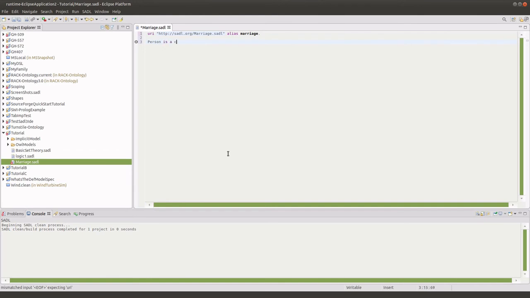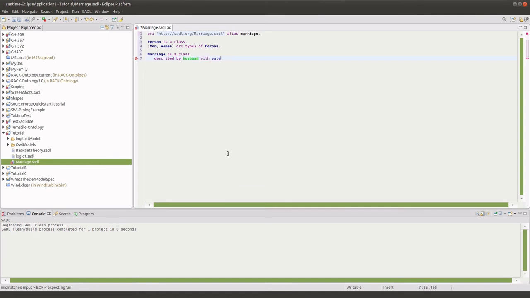I'm going to define a couple of subclasses, man and woman, as types of person. And I'm going to define marriage. It's a class, and we're going to say that it's described by husband